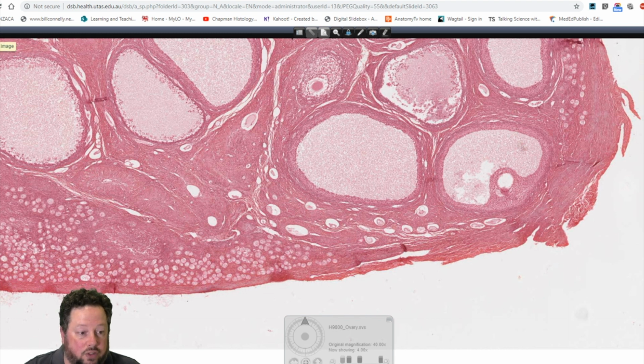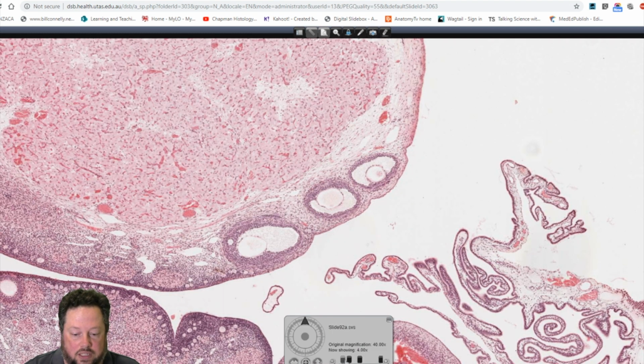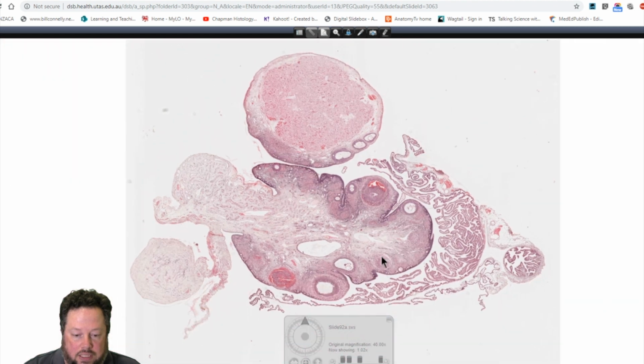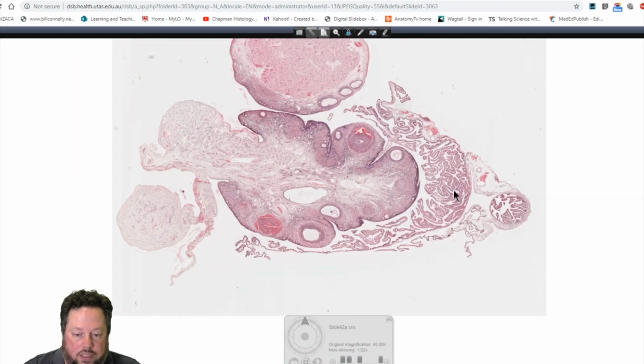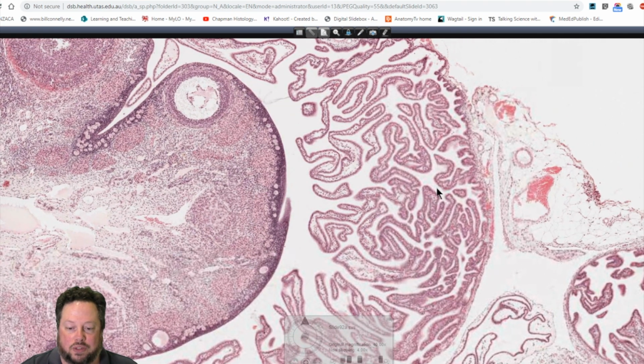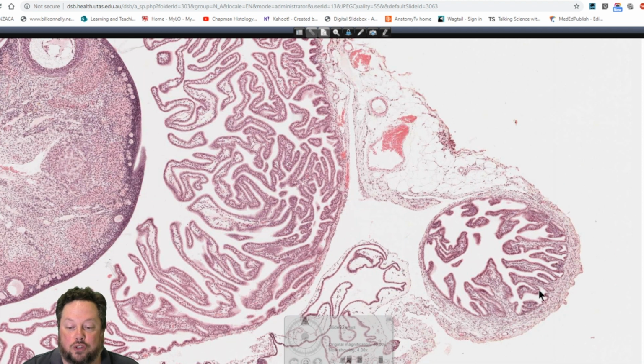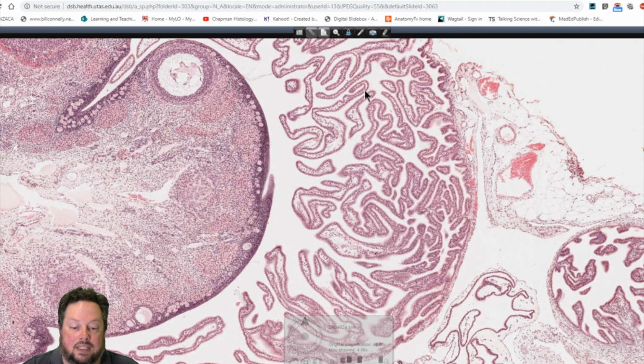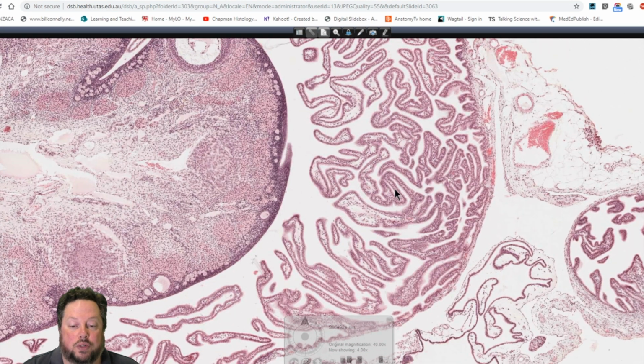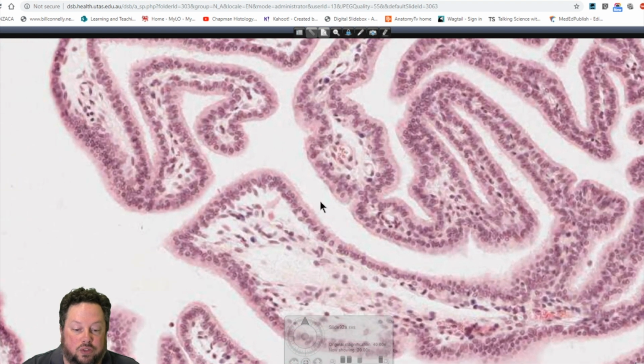And we can actually see those in this section here. So here's our ovary, and then look at all these strange structures reaching out here, a little bit like coral or something. These are the fimbriae of the uterine tube. So here's the actual uterine tube on the right hand side here, and this is the infundibulum, the end of the uterine tube with its finger-like projections, the fimbriae. If we zoom in here,